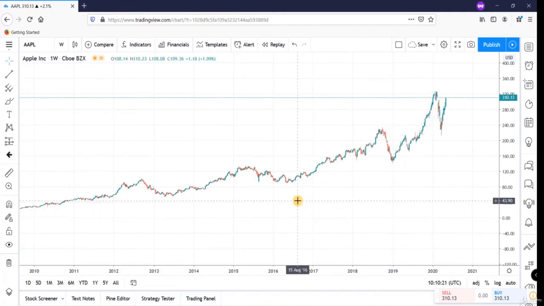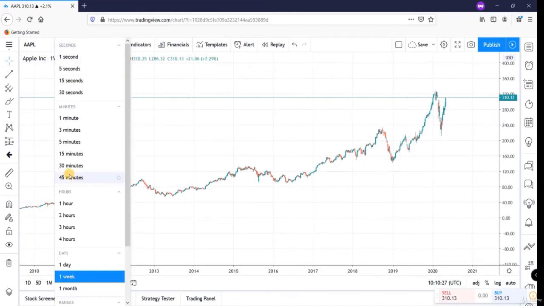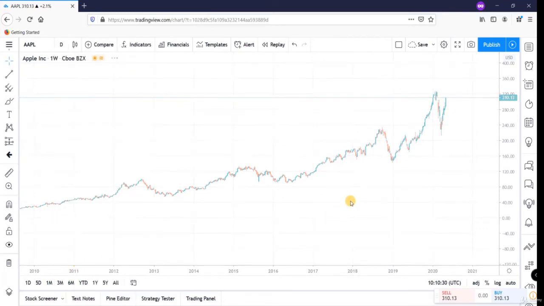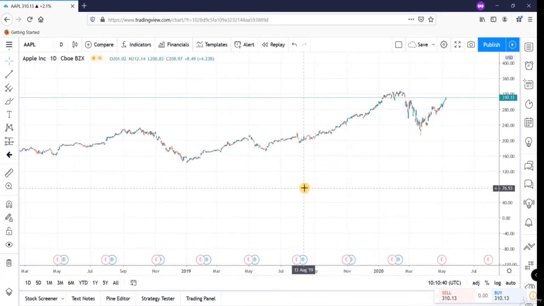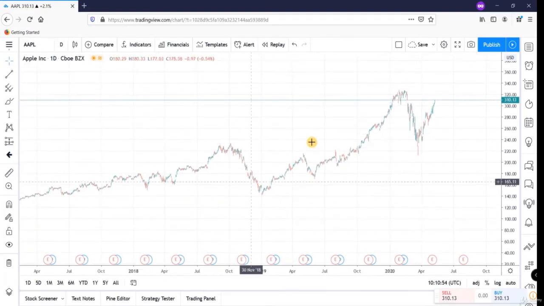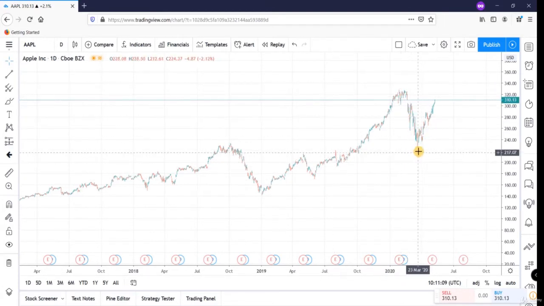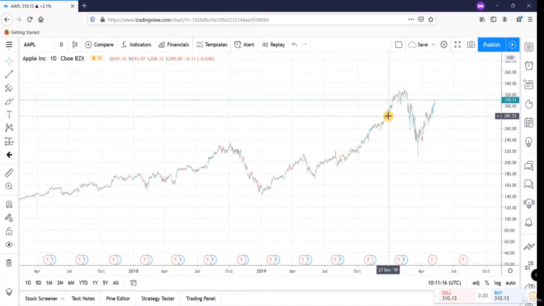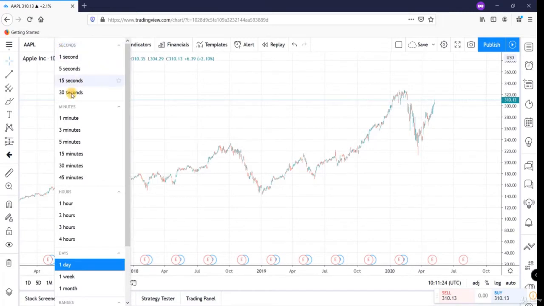But if our trading perspective is positional trading, then we will select the daily time frame chart to know about our current trend. So this is the daily chart, and on daily chart, the look back period for positional trading perspective should be 2 to 4 years. So you can see the stock is in uptrend, and currently this was the retracement phase, and after this correction, prices are going in upward direction, and the current trend for positional trading in Apple Incorporation is uptrend.